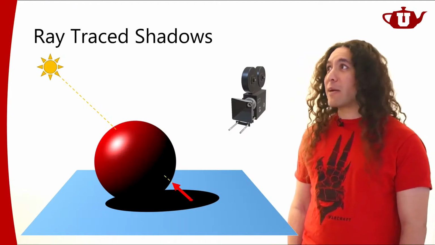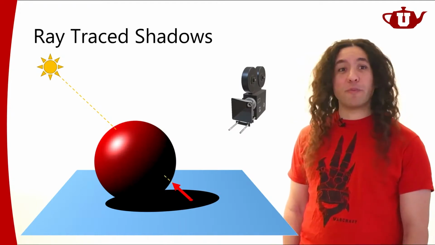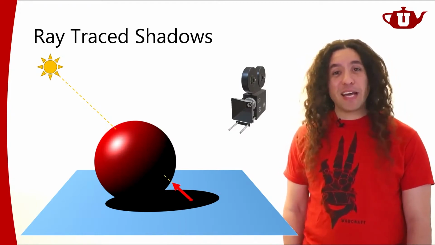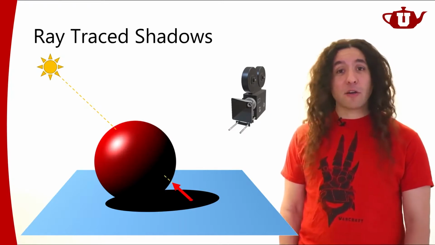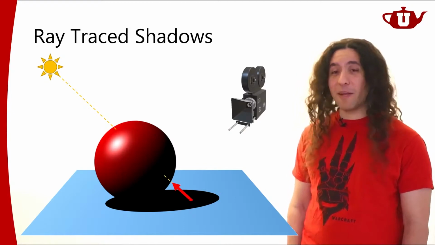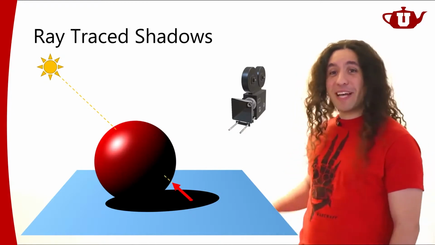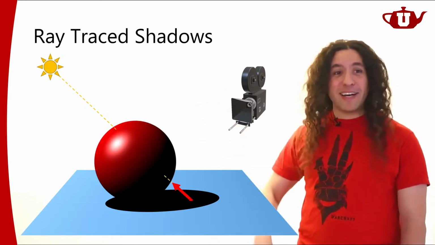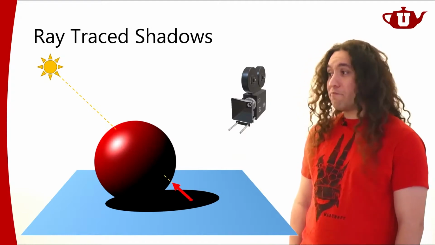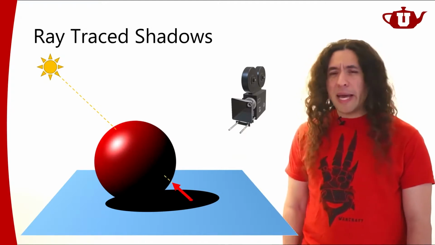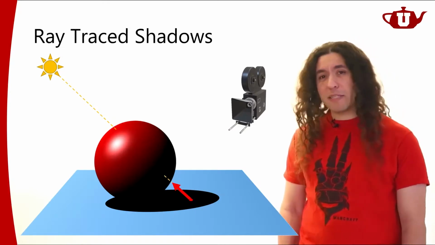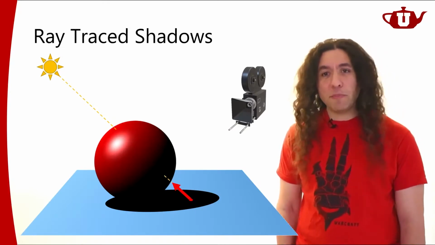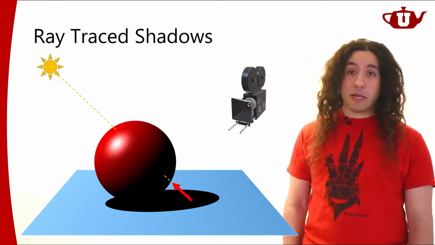Well, I shouldn't call it fragment shader because it's not supported in OpenGL, but it is supported in DirectX. And I shouldn't call it fragment shader because DirectX calls that pixel shader. So inside a pixel shader, I can actually send the shadow ray and compute shadows using ray tracing on the GPU. It's going to be relatively expensive though. Relatively expensive because ray tracing is not the cheapest way of computing shadows.